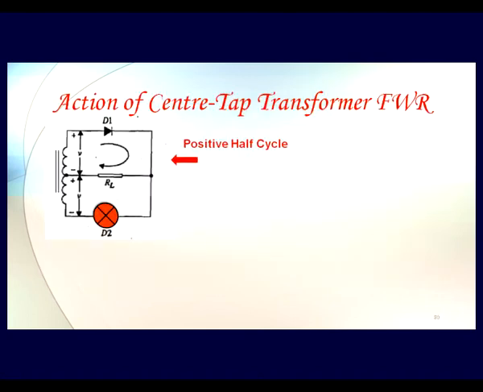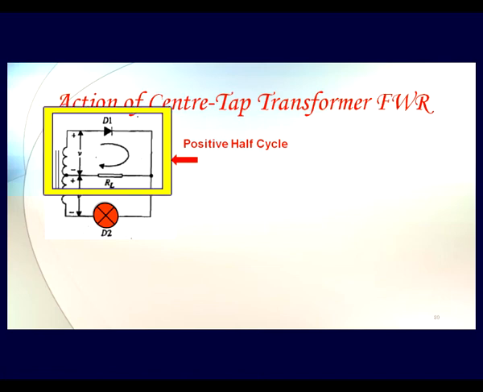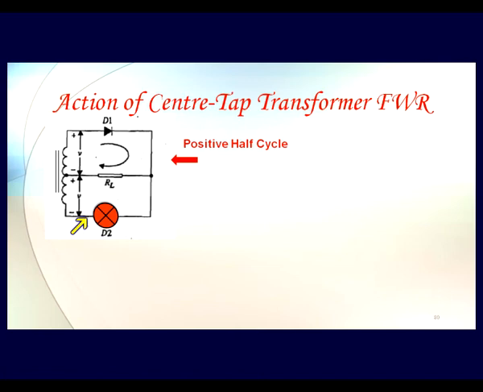In the center tap transformer full wave rectifier, what happens in a positive half cycle? So in positive half cycle, the secondary, the upper part is positive, whereas the lower part, this end, is negative. So naturally the diode that is connected, D2, is reverse biased because negative is on this side, but this diode, since there is positive on this side, is forward biased and it starts conducting, and through the load it returns the current. The current path is completed like this. Current is flowing from right to left in our load resistance.